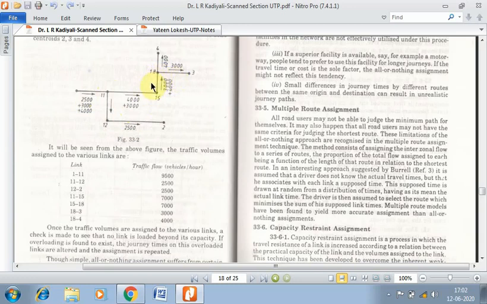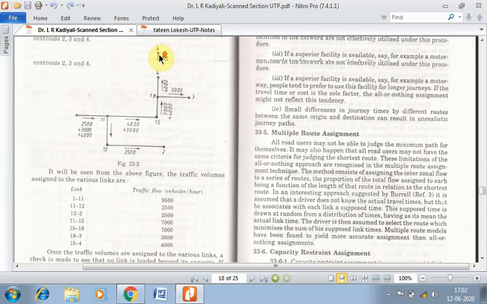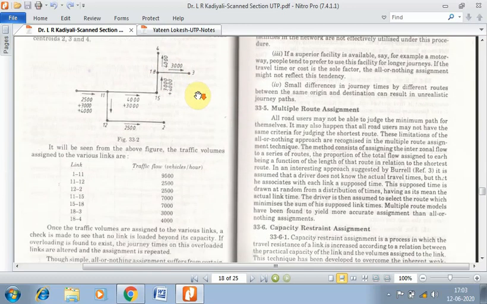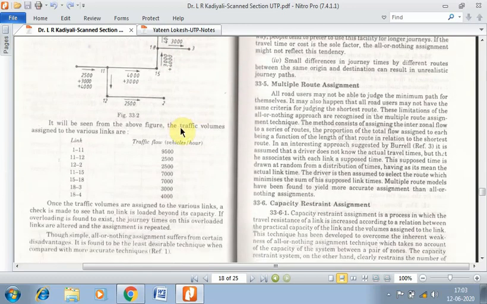So there will be 7000 vehicles in this street moving per hour, and thereafter from zone centroid 18 there will be 4000 vehicles which will be moving to zone centroid 4 as it was expected in the question, and there would be 3000 vehicles which would be taking a deviation to zone centroid 3, again as expected in the question, right? So this is how the allocation of routes will be done based on the volume.